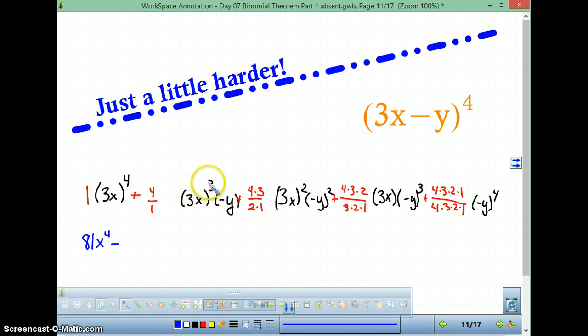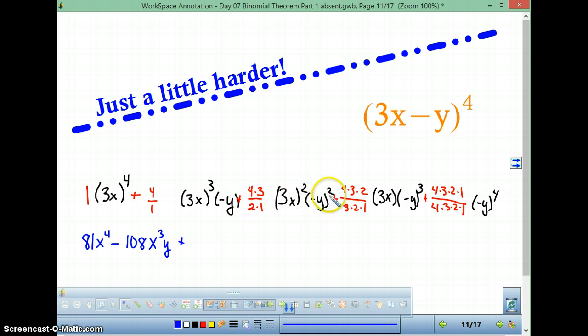Okay. Let's simplify this. 3 to the 3rd power is 27. You might get a calculator out. 27 times 4, I think that's 108. So first you do the powers, then you multiply by the coefficient. So 108 x cubed. We've already taken care of the negative sign, so I put a y. Plus